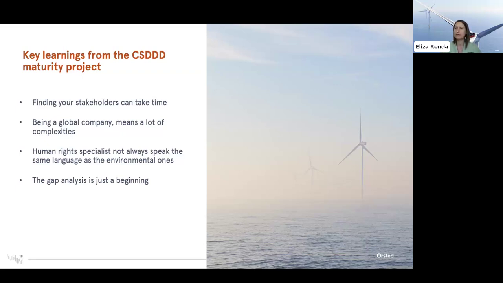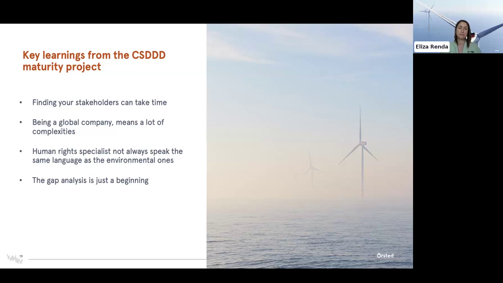And I think, Anna, you mentioned that before, but the structure of the tool goes beyond the directive. It speaks to good practice. It speaks also to the OECD guidelines and the UNGPs, and that also means that omnibus or not, we don't know what will happen with the directive itself, but it really prepares you for covering the broad due diligence scope.